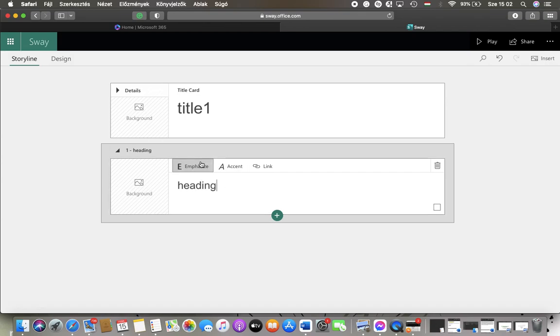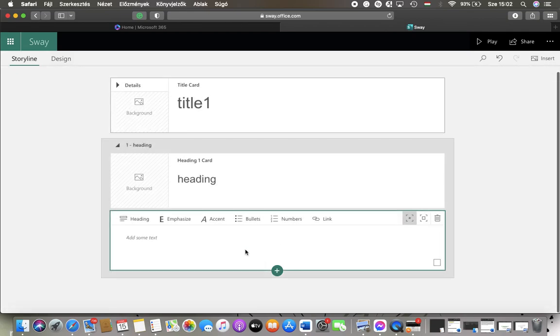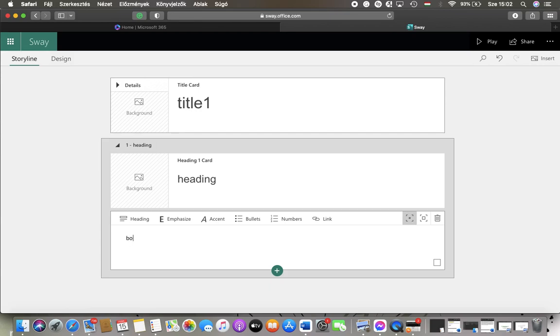You can emphasize it, as you can see, accent it. If you want to, you can also add the body text. You can add bullet points, numbers, and